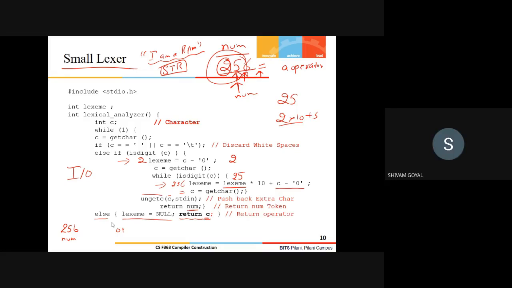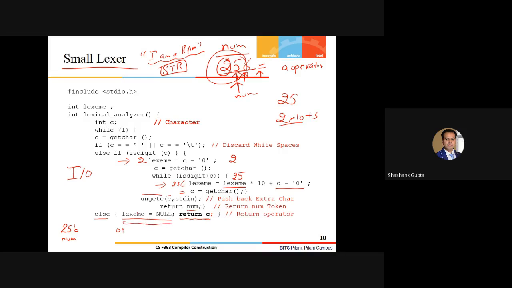Yeah, any other doubt? Sir? Yeah. Sir, I have a confusion. Like in the else part, we are returning the character and the lexeme is put null. Shouldn't it be the other way around? Yeah, obviously, absolutely correct. This is just one way of interpretation.